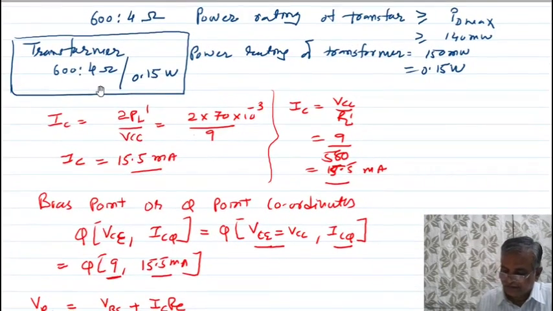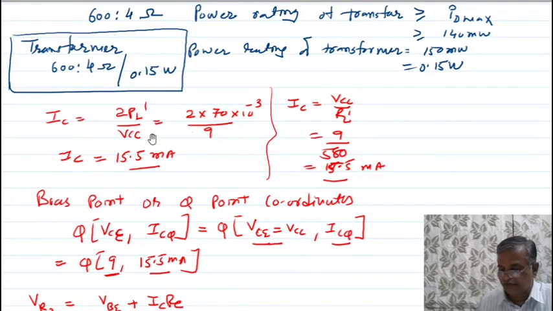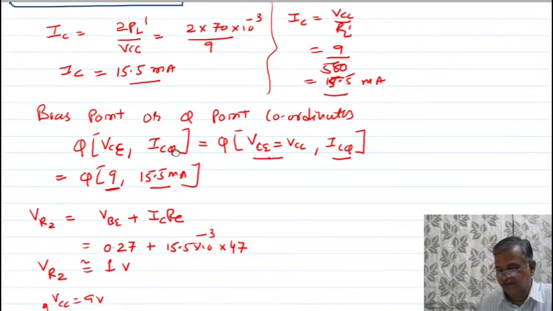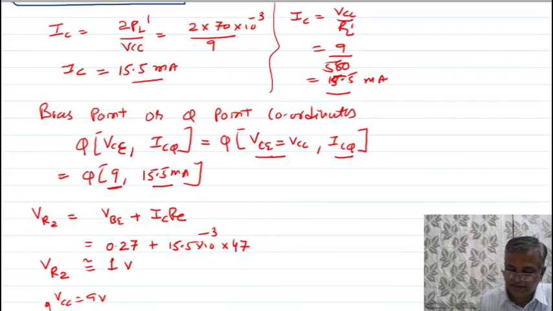Now, what is your collector current? You can calculate it by this equation. From this you can find the bias point. Q is VC into ICQ, or let me be precise, if I want to write, VC into Q. Say how much VC is equal to VCC. So you can know this.